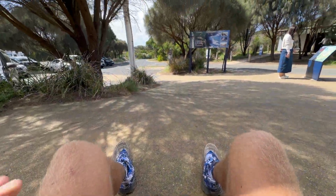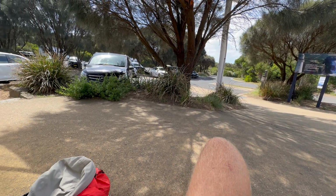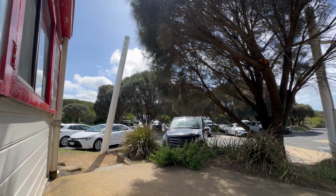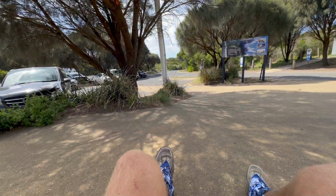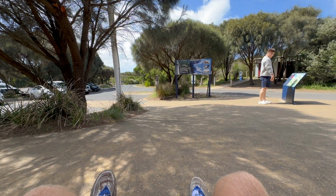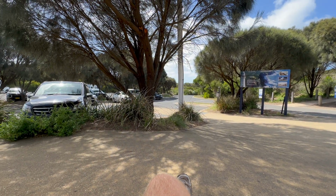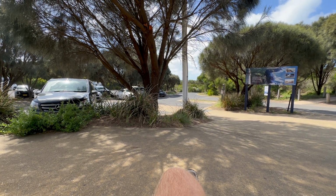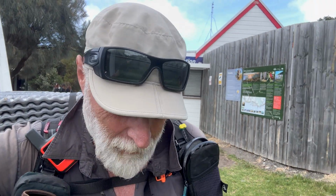Well, I've got to the lighthouse. It's not free entry anymore for people with a permit to walk the Great Ocean Walk. It's $10, and the cafe's closed, so I can't get a feed if I go in anyway. So I'm just making do with a nice coffee and some sandwiches from the entrance kind of cafe. So yeah, they've obviously changed it since it first opened. It used to be if you had a permit to camp on the Great Ocean Walk, you could get in for free. Okay, I'm leaving the lighthouse